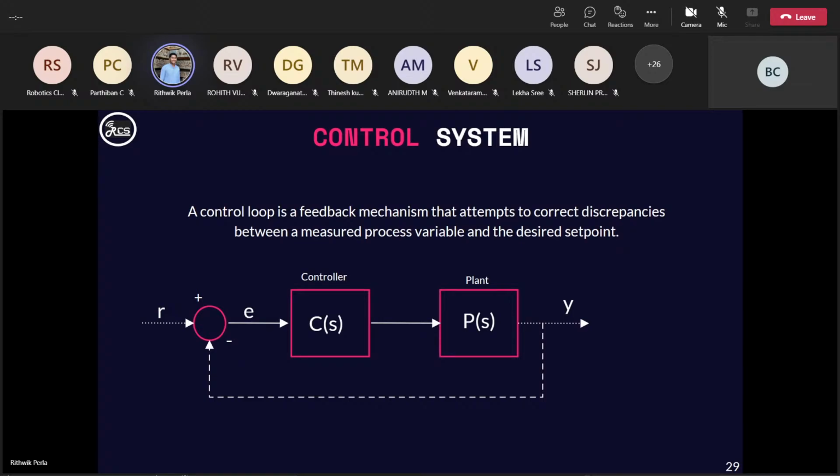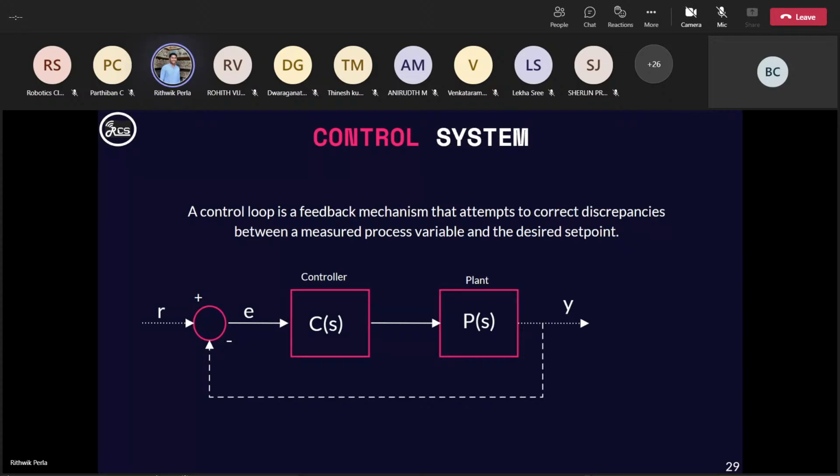Suppose you send a value 10, the required value also is 10. If the output is 15, then the output 15 is sent near the input near R. Then the difference is calculated. 15 minus 10 is nothing but 5. That is the calculated error. So to maintain a constant output from the processing unit, we use this mechanism called closed loop, which is also known as feedback mechanism.